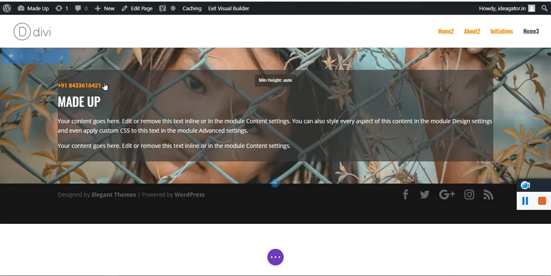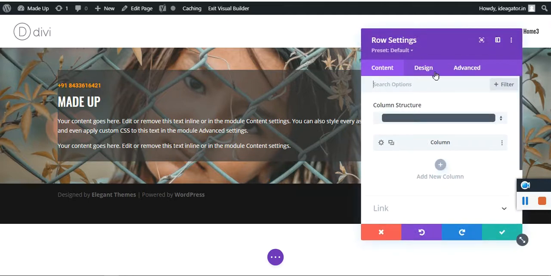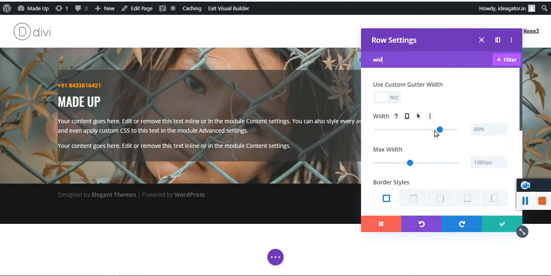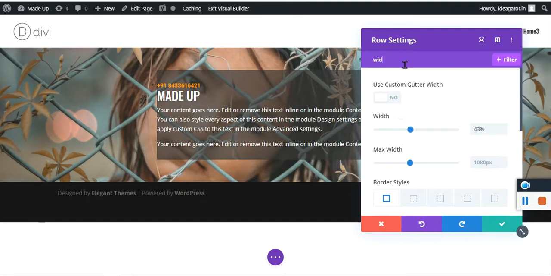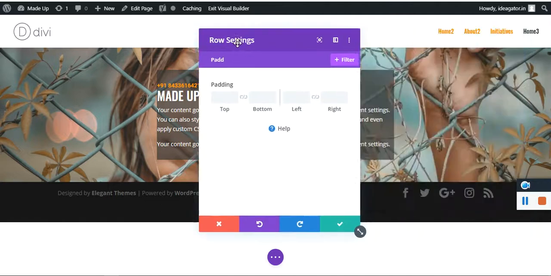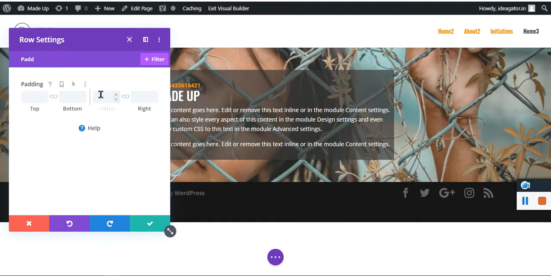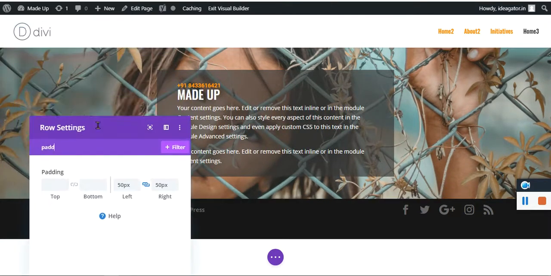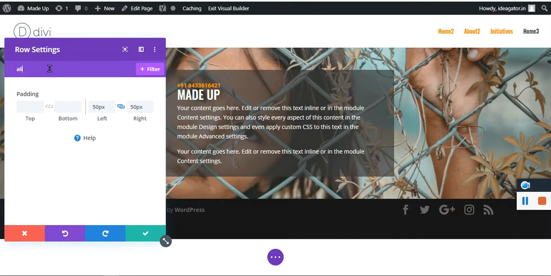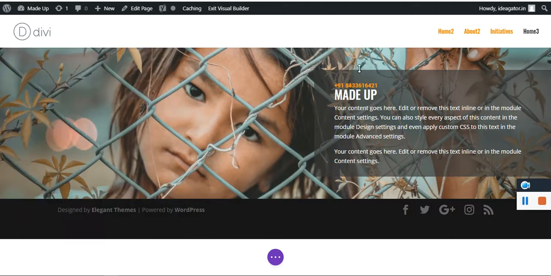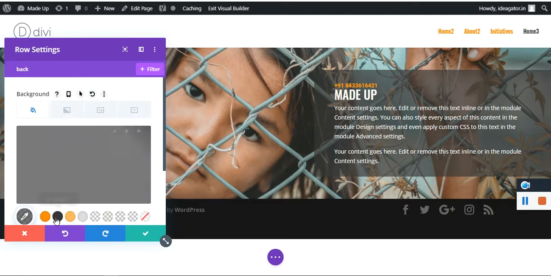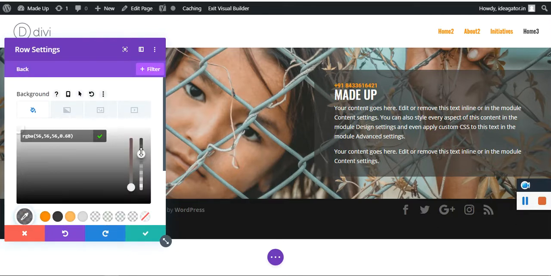Cool. Now select the whole row and give the width, the search width, and make the width 50%, and let's give padding on left right 50, and I want this alignment to be at the right side. Cool. Now if you want to add the opacity, you can add the opacity. Let's get into the background, select the color and increase the